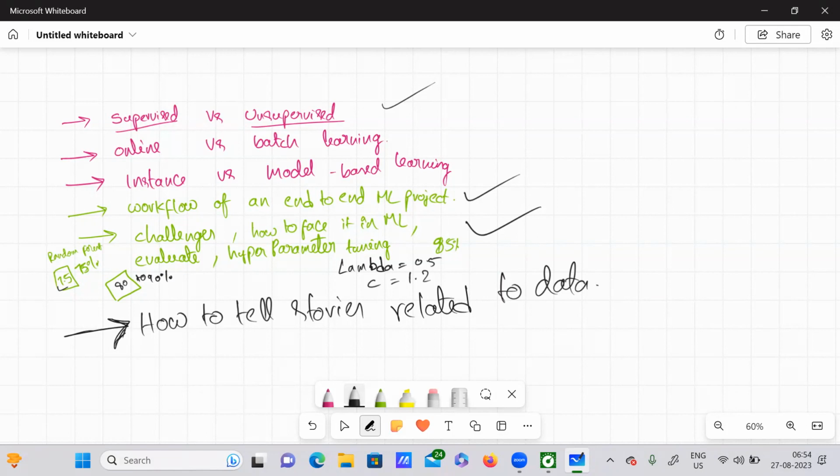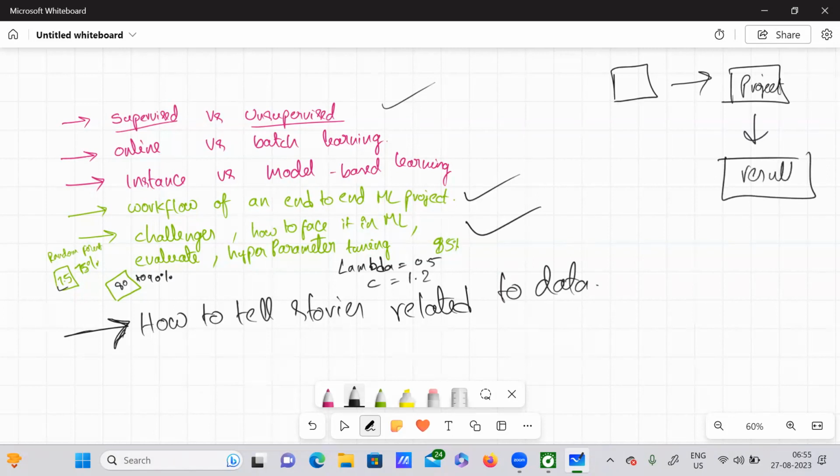Now what happens is, you have got the understanding, and you have implemented some project, and you have got some results here. After getting results, now what is the purpose? What is the way forward here?